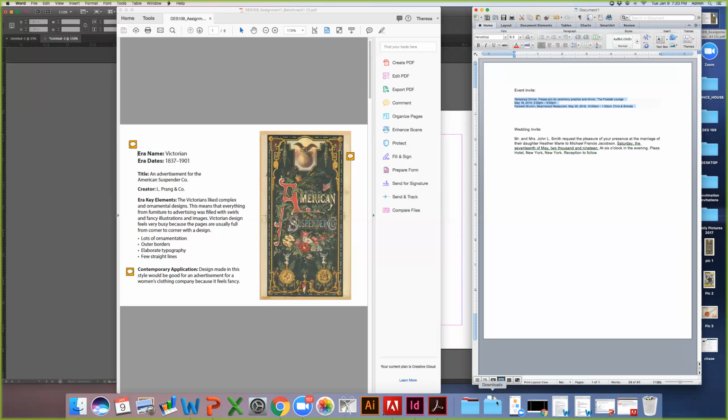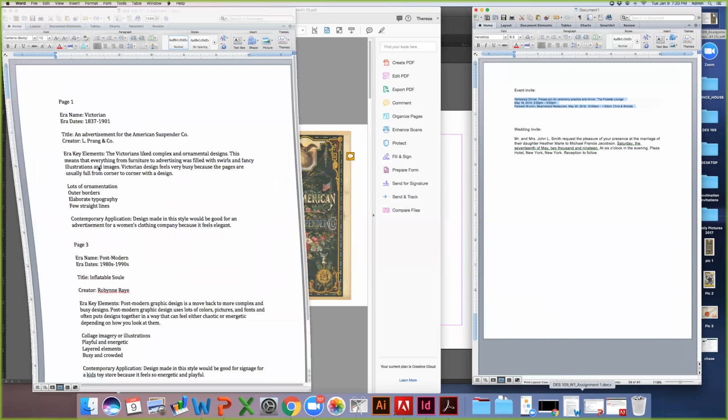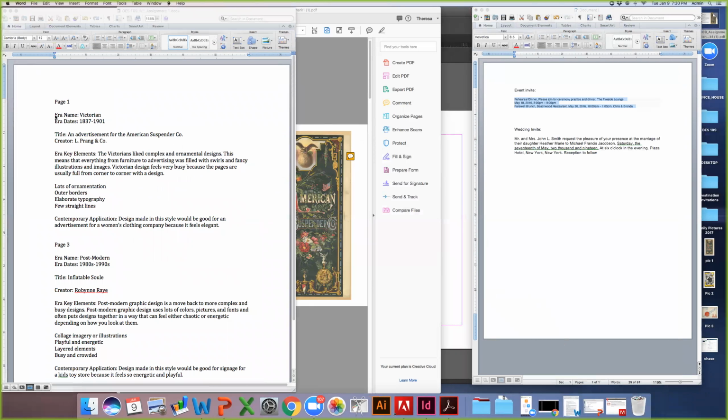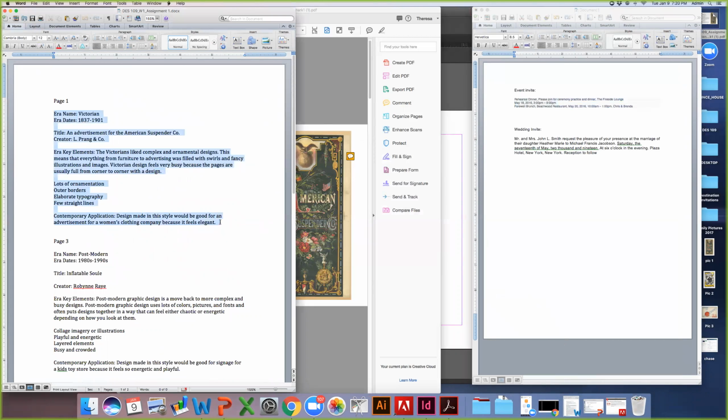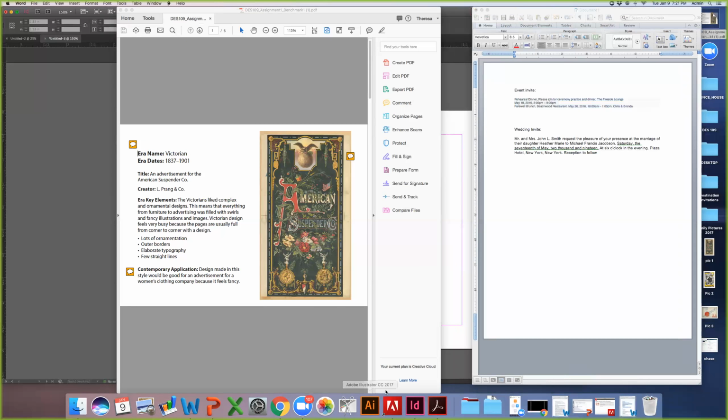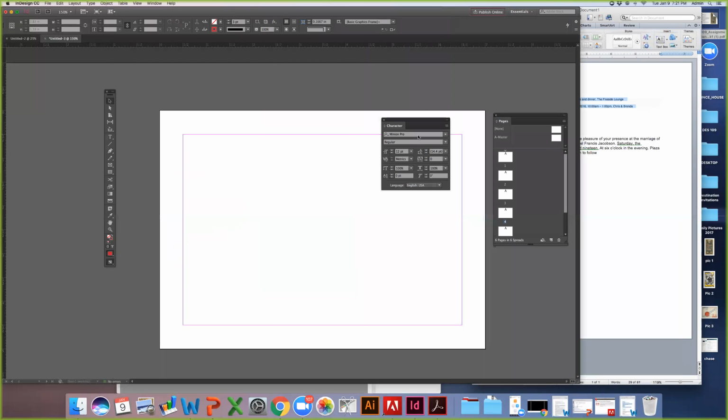So what I'm going to do is grab the text to this, and I'll copy and paste it. So we'll practice formatting this information in our text box now. So I will go paste it here. There we go. All right, so if you want to copy that and throw it into a text box,